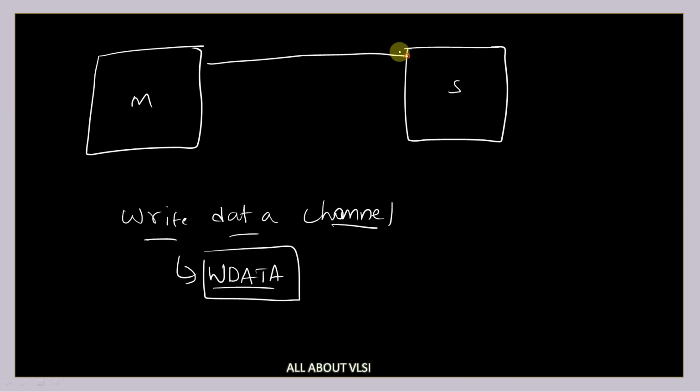So using this W data signal, the master is going to provide the data information to the slave. In parallel, along with this W data signal, the master is supposed to send one more signal, which is known as the W valid signal. That means whatever data information the master has provided to the slave is valid data. So using this W valid signal, the master is going to tell the slave that it has sent valid